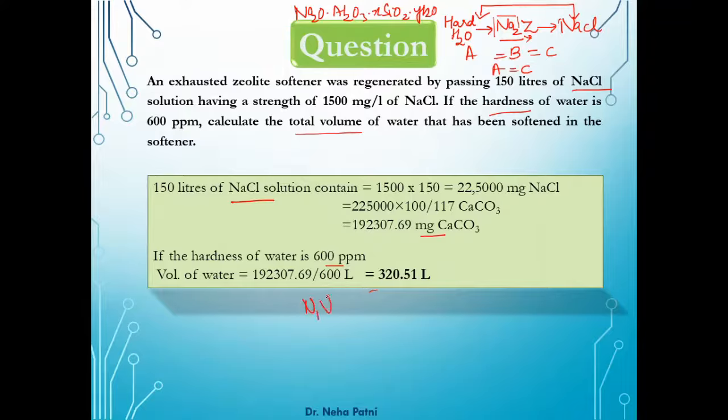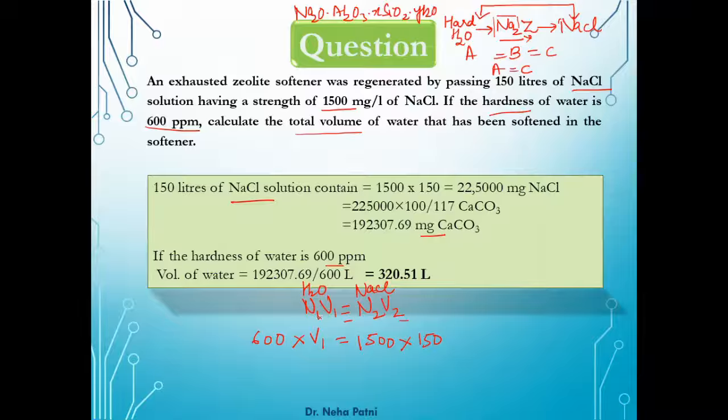What I would like to tell you is one method which I use to solve the question, which is to equate water with NaCl. I hope you understand that N1 is nothing but the number of gram equivalents dissolved per liter. So the hardness, which is 600 ppm, could be written as 600 milligram per liter. So we can use this N1 like this. The question says you have to calculate the total volume, so V1 is what you have to calculate. N2 is the number of gram equivalents of NaCl, which is written here as 1500 milligram per liter, so you can utilize 1500 directly. V2 of NaCl is 150 liter.